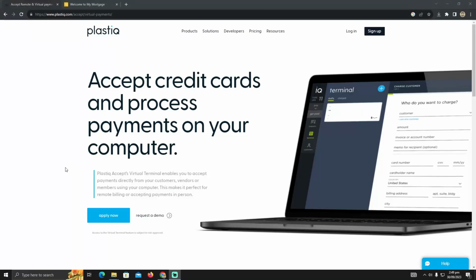So paying your mortgage with your Plastiq is a pretty easy thing to do. Today, I'm going to teach you how you can use your Plastiq financing to pay for your mortgage. For that, what you have to do is you just need to get a virtual card. As you can see, I'm at this website, which is